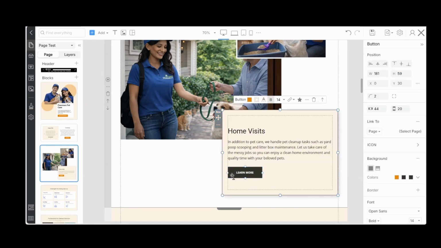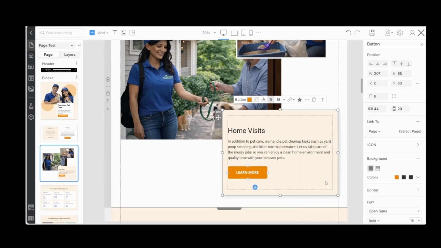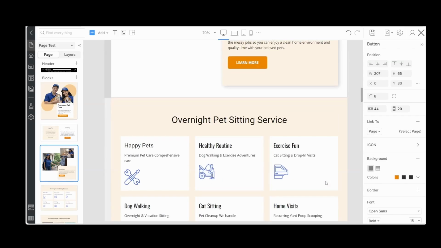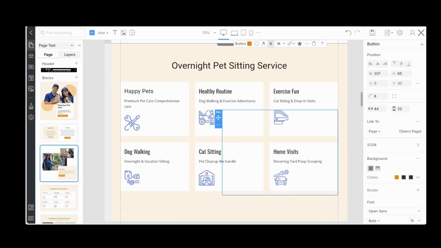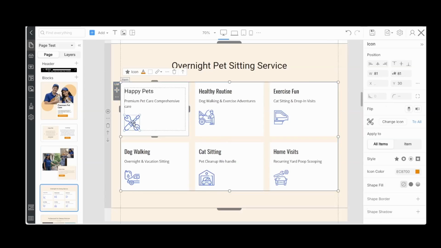Let's soften this up. We'll just do the button style. And let's continue on to our icon set. Lots of nice icons to choose from, so let's go check them out.